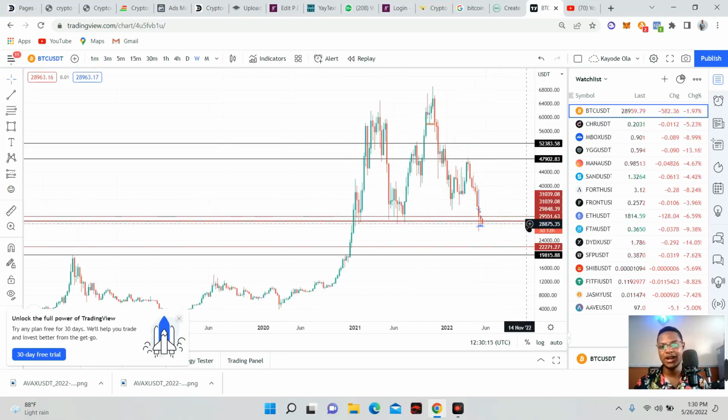So how can you trade the bear market? Because people will be asking that particular question: how can you trade the cryptocurrency bear market? If you are new to cryptocurrency, you might not be able to catch up with what I'm saying, but of course, you can learn one or two things. So stick with me to the end.